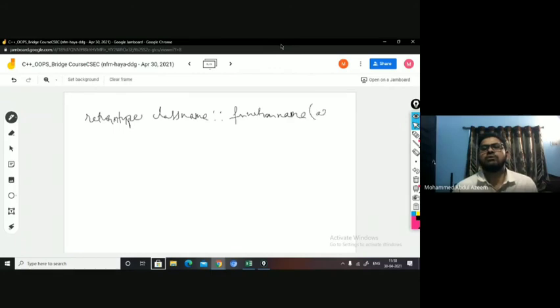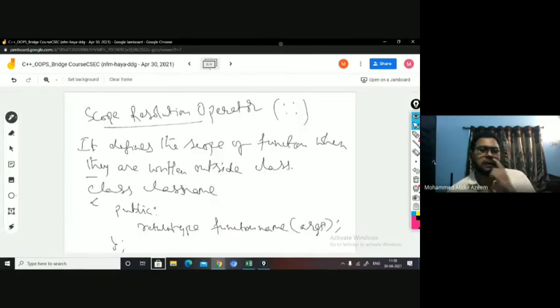And arguments, and define the code now. So the advantage is your class looks to be very small, right? You just mention the data, whatever data you have, that's it. And then under the public mode, you just mention the function prototype. This is the function prototype, right?